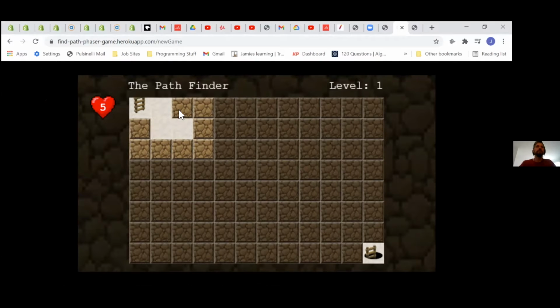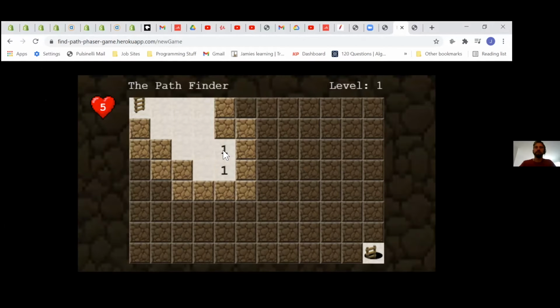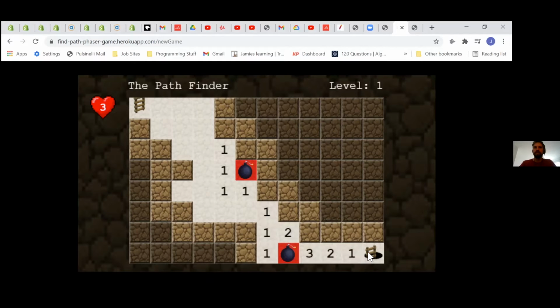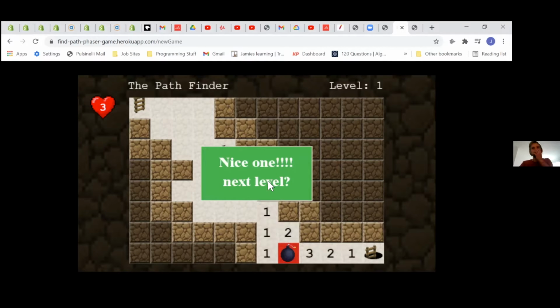So as you go, the empty tiles are empty, and then as you discover, the numbers will show you where there might be some bombs. So like, for example, here is one. You start with 5 lives, and so when you click a bomb, your lives go down. When you run out of lives, you lose the game. And when you get to, I've got to hide this thing, I can't go any lower. There we go. So when you get to the end here, you click that, go to the next level, and